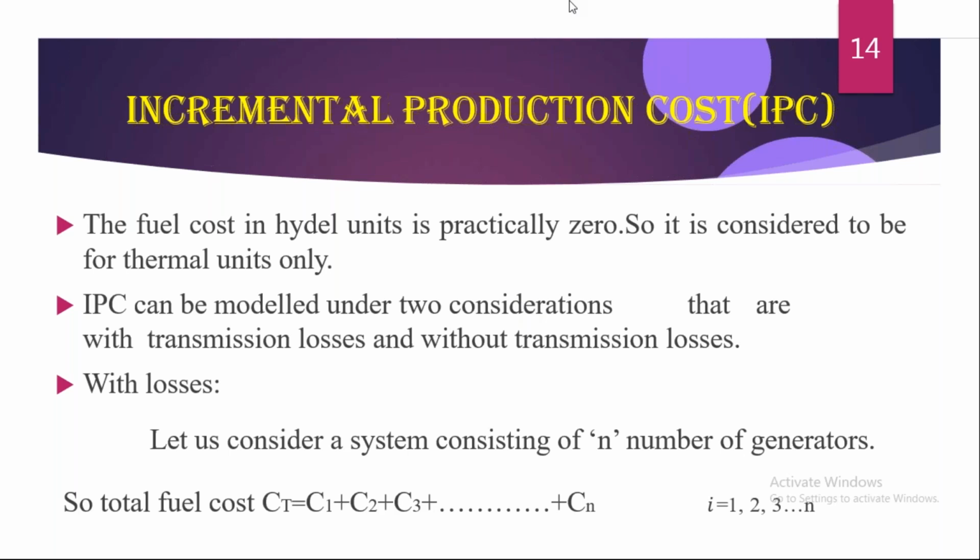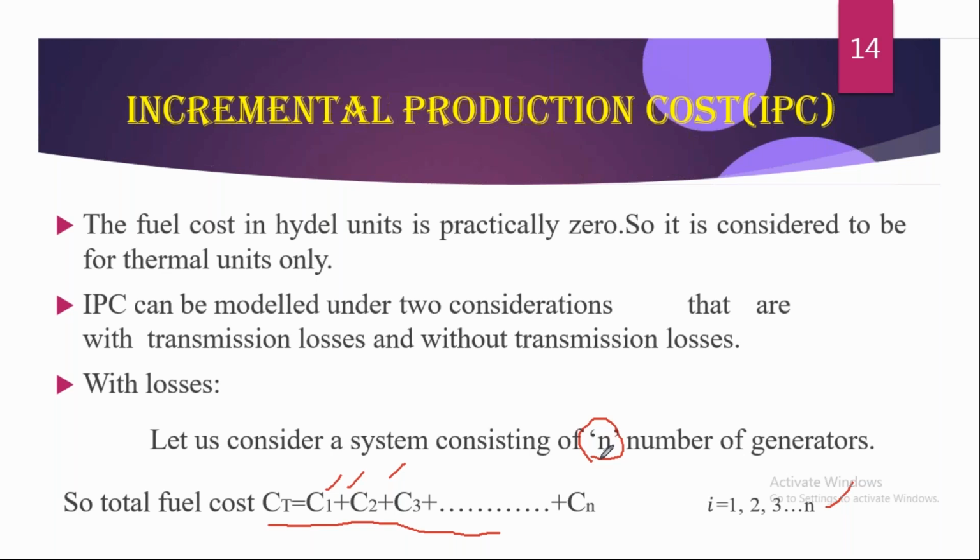And before finding the total cost, we have to find the individual cost of the plant. So this is the cost equation for one plant having a number of units 1, 2, 3 up to here. So here i is given by 1, 2, and so on for the number of plants. In the case of thermal and hydro scheduling, if you want to schedule among the power plants, then the number of plants has to be considered here. So that is the total cost of thermal power plant and hydro power combined.